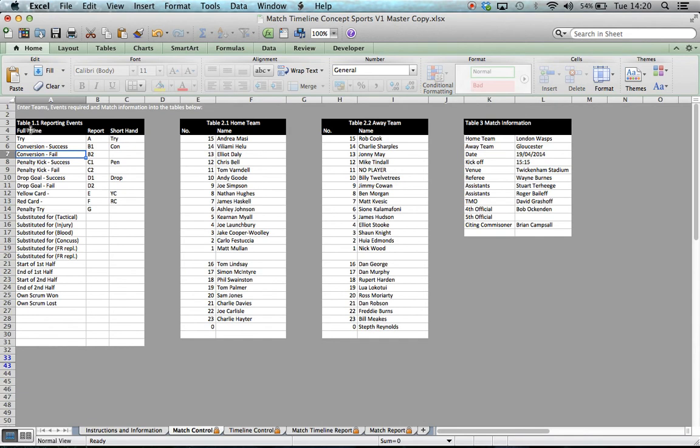So what have we got? We've got entry tables here. So we've got reporting events. Here you enter every event that you want to report on. We've got everything here from tries, conversions, penalties, drop goals, cards, subs for every single reason why they'd be subs, and then end of halves. We've also added some extras here, so own scrum 1, own scrum. You could also add lineouts